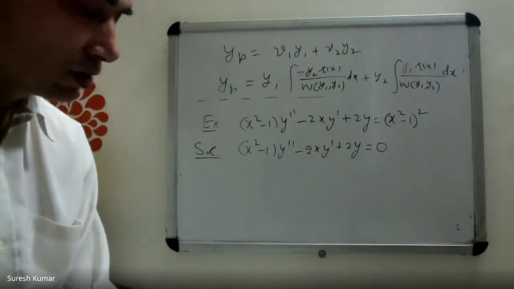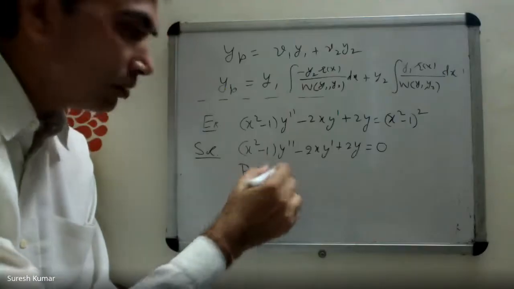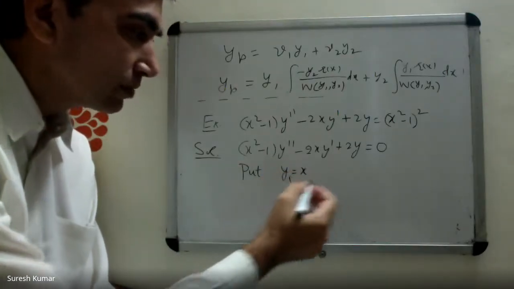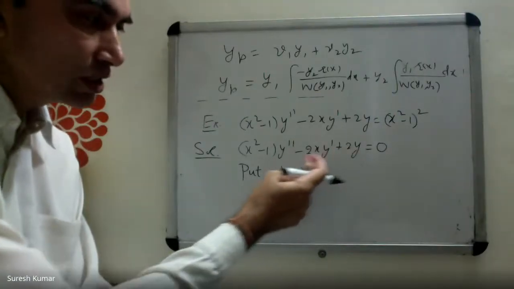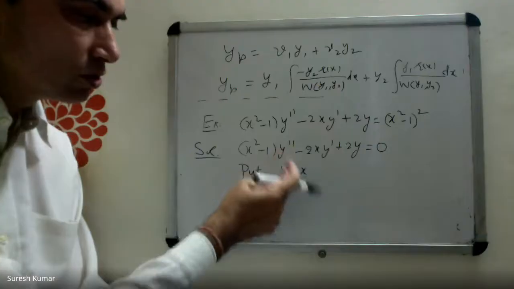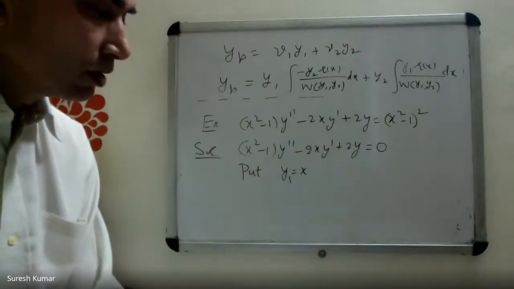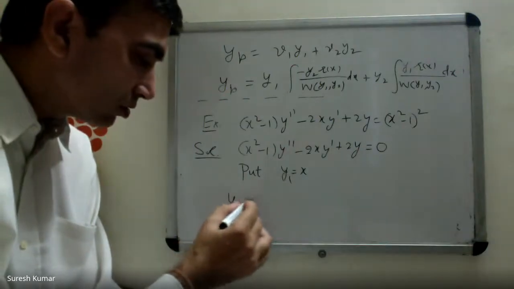One solution is directly by observation: y equals x. Yes, that is easier. You can apply different methods, but you see that y equal to x is a solution. Clearly, for y = x, the terms 2x minus 2x give 0. So you know one solution, and it's easy to write the second solution.